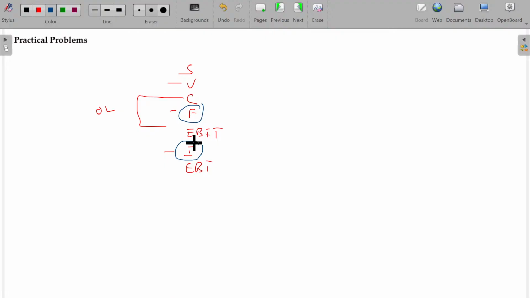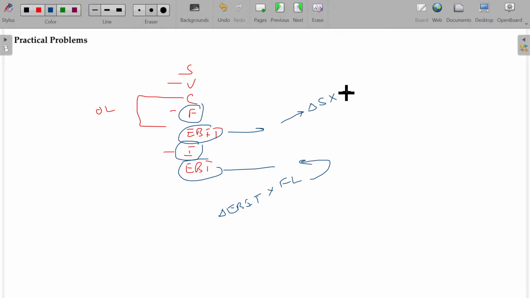So if I want to compensate interest, what do I have to do? I have to mandatorily work to increase the EBIT. Okay, if the EBIT is increasing, there will be a change in EBT also. But what's the magnitude of change? Change in EBIT multiplied with financial leverage will be the change in EBT. Okay. In this case, what about the change in EBIT? Change in sales multiplied with the operating leverage. Okay. So the change in EBIT will be equivalent to the change in sales with respect to operating leverage. We multiply with the operating leverage.